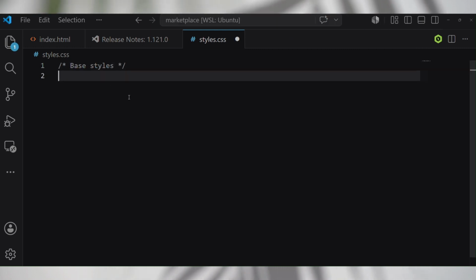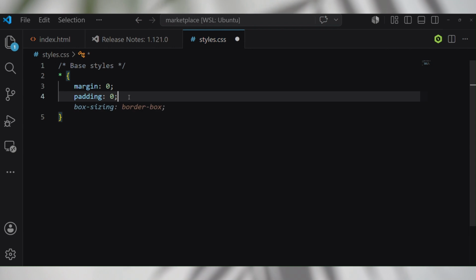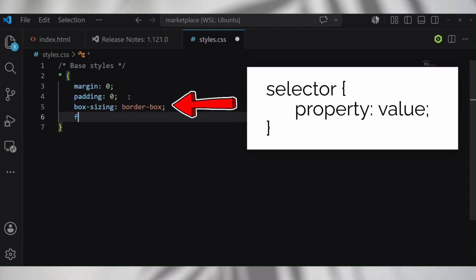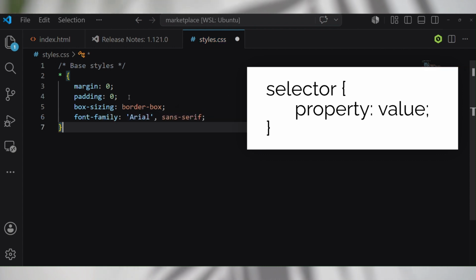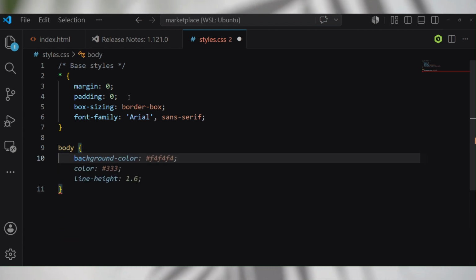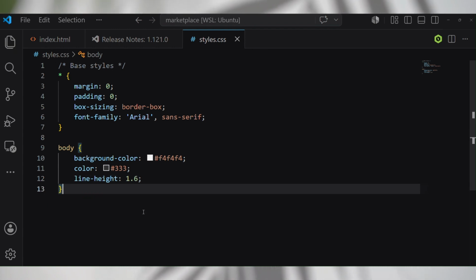Let us first create the base style of the page, meaning the overall page, which is denoted by the asterisk symbol. We will be adding the most common CSS properties: margin, padding, box sizing, and font family, and the values separated by a colon, and the text body. Since you are now all thinking like a programmer, I will again repeat to look more at the selector, properties,